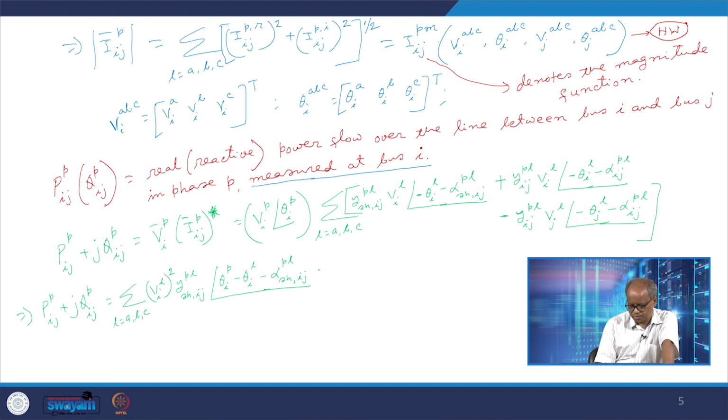Then I multiply this V_il whole square Y_ijpl, theta_ip minus theta_il minus alpha_ijpl, right? So I multiply it, and then minus V_ip